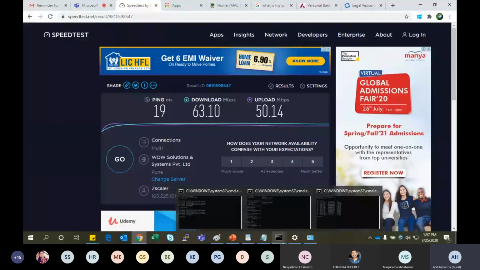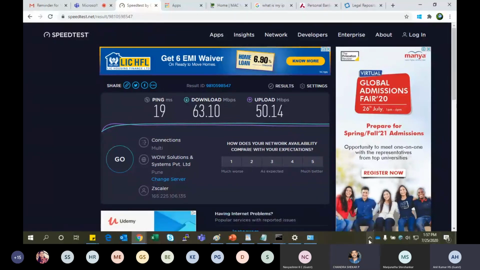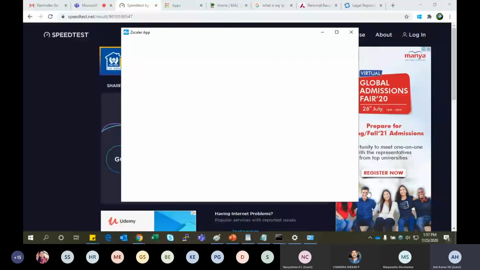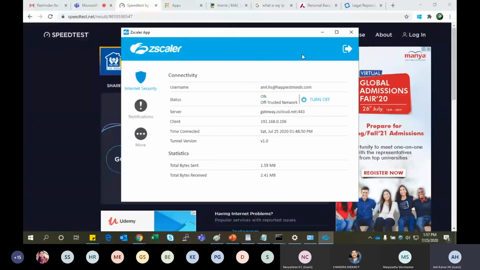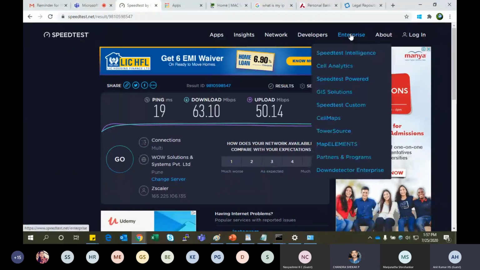If you want to do any certifications, Zscaler is one more proxy application currently. We are all working from home, so our machines are connected to our home network. Our mobile network is no more secured, so company assets are not secured. So they have an application, a per-user license application, installed on the machine. It will not allow you to download anything on public networks, I mean a mobile network, anything. This is a cloud-based proxy application or firewall. So learn about Zscaler also.